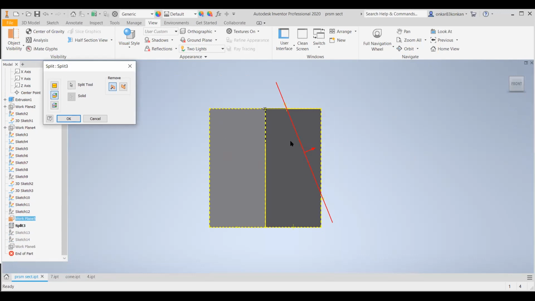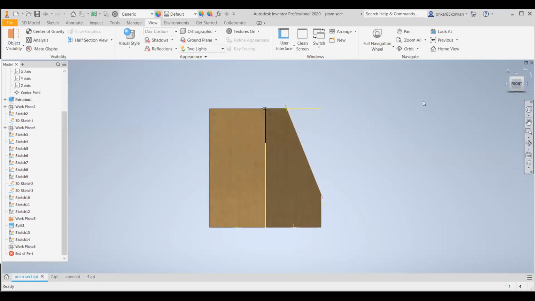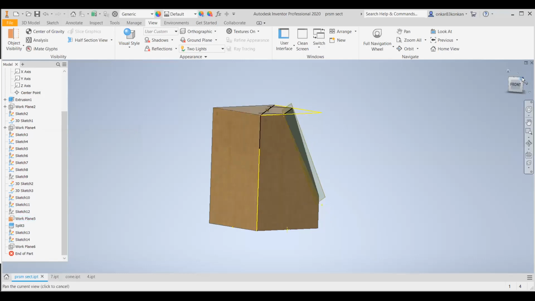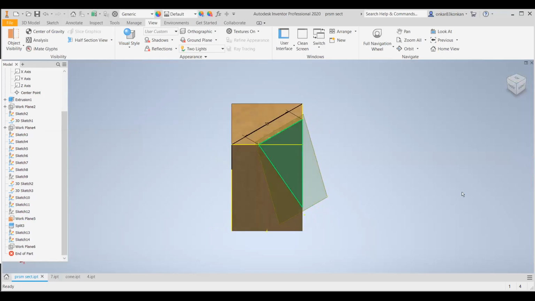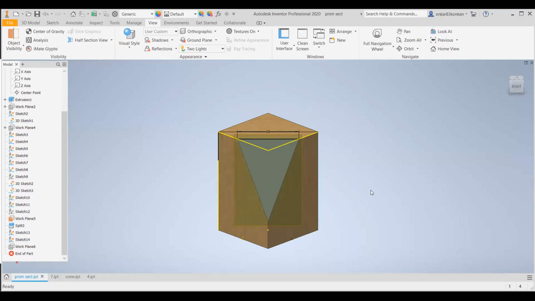If you remove the portion on the right side of this section plane, or the portion which is nearer to the observer from the top view, and if you observe exactly in the perpendicular direction to this section plane or section line, this is the true shape. Okay. This true shape will be a triangle.